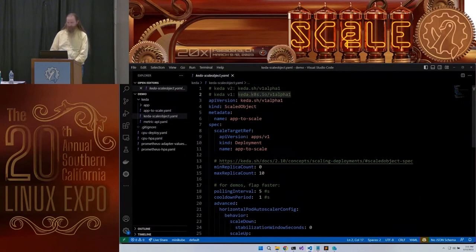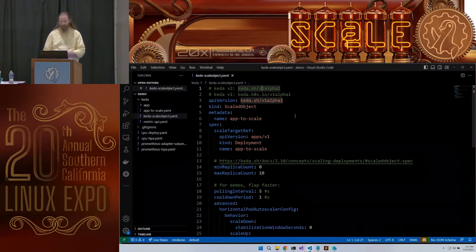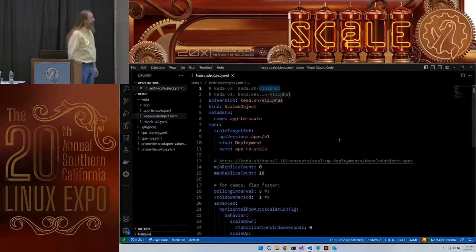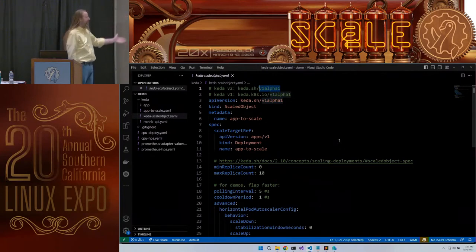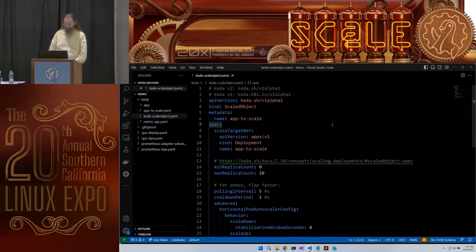Now if you're using KEDA v1, then you use this namespace. If you're using KEDA v2, you use this namespace. If you've got the Helm charts pulled in, you're actually using KEDA v2, which is really cool. And why are they both v1alpha1? I spent a really long time trying to Google, but I want v2. Because I'm like, but it's v1. Yeah, thanks. Naming is hard.